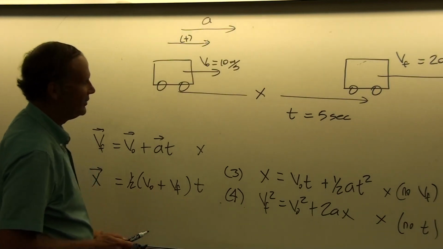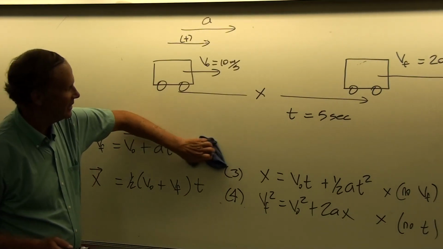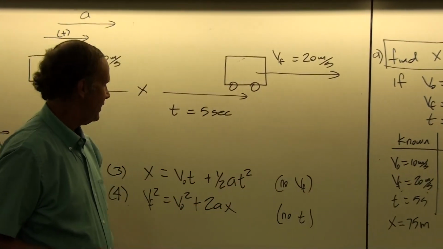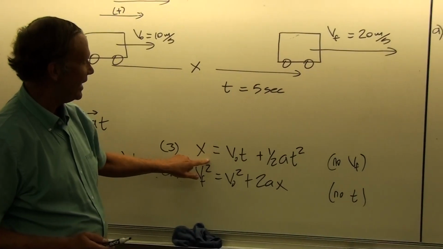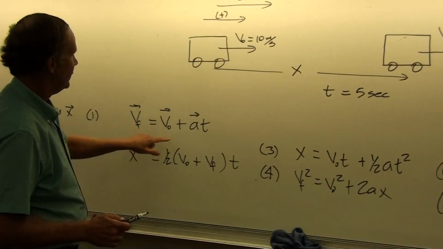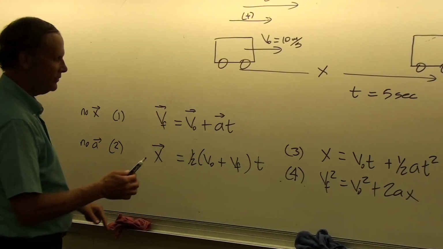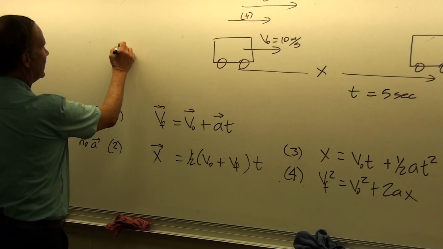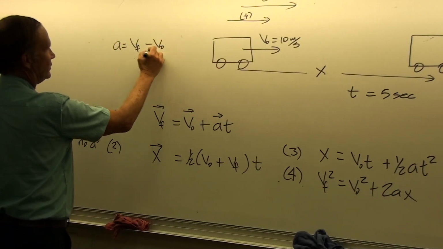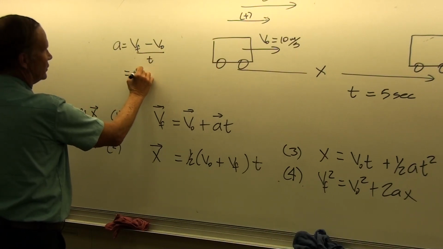But we can choose any of the other ones, because all the rest of them do have acceleration in it. And so, with this huge choice of possibilities, which one do I pick? Well, I mean, you could pick this one, but it's a little more algebraic to solve for A. Same thing with this one. But this one looks like the easiest one to me. So if you solve this one for A, what you get then is just A is equal to V final minus V initial divided by the time.